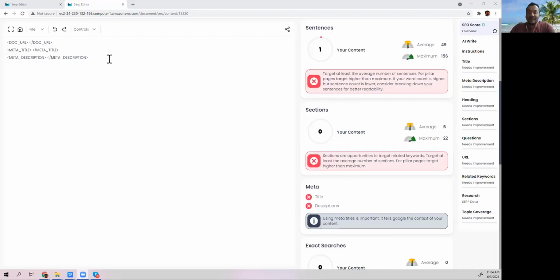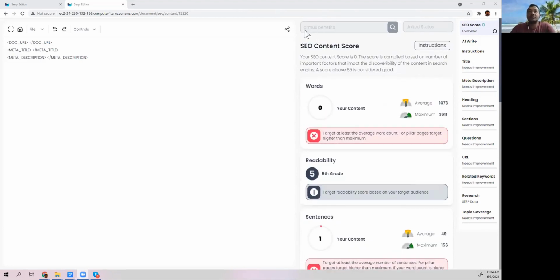So let's get started. One of the topics that I've picked up is ORMUS benefit. This word is quite new to me as well, so it took me a second to find it, but it's a good keyword that people are trying to rank for and potentially sell products around. I just created a document here. This is the document page that loads up, and we are searching for ORMUS benefit in the United States. It's potentially a product that can improve your health, and it's a very niche keyword that people are trying to target now. So we picked up this keyword and created this new document.